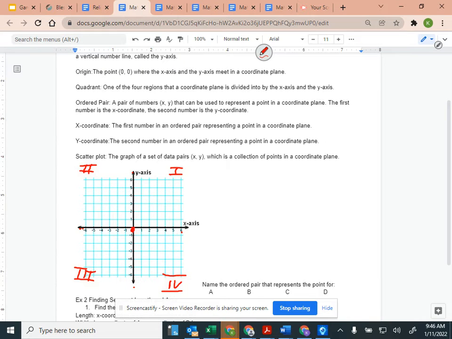The ordered pairs always start with our x and then the y. So that first number, you're going to find it going across on the horizontal x-axis. Then our second number is the y, and you find it going up and down on the y-axis. A scatter plot is the graph of a set of data pairs, which is a collection of points in the coordinate plane. So if you have different coordinates,